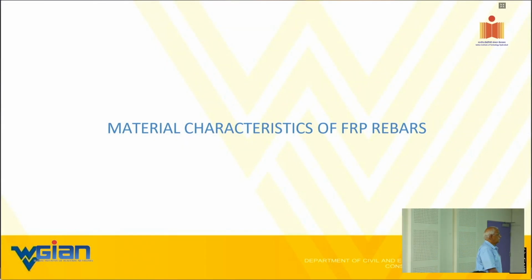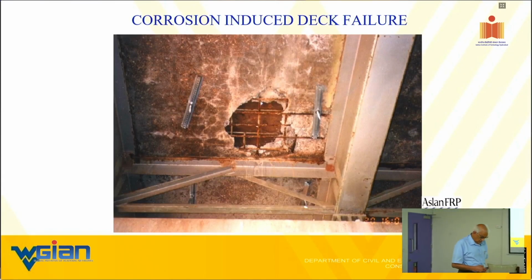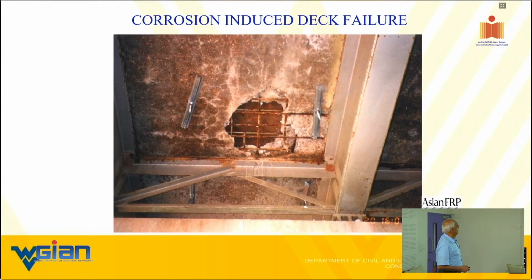So, material characterization is an important aspect of the overall design, right? So, the next slide deals with the fact, what is that? We all know